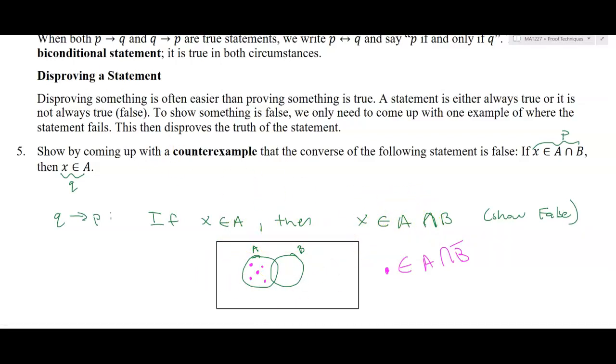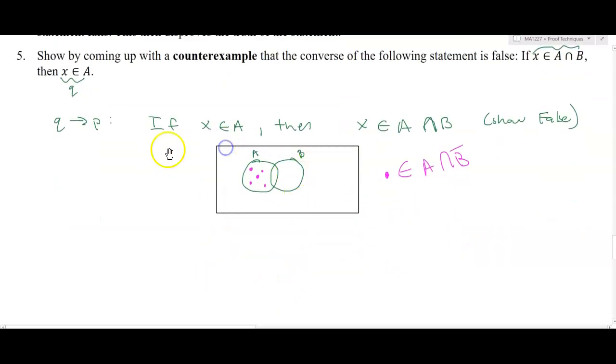All right, so let's formulate a more robust argument. You could use this argument as long as you use some words, so that the viewer could see this and say, well, here's an example: the elements above in A are not in B. And so that's the counterexample that we could give.